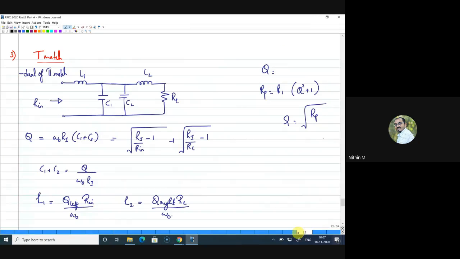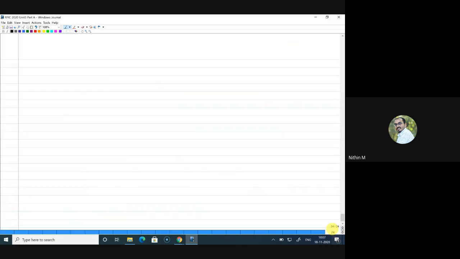Now the dual of the pi match we have also seen, which is the T match. So today we'll take a specification and design both the L match and the pi match for the same set of specifications. So the question is this: